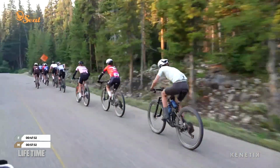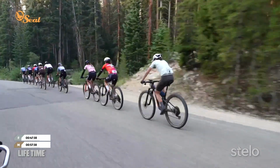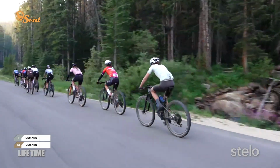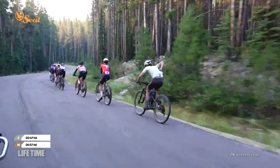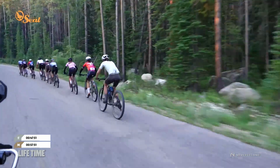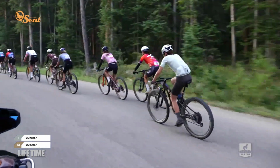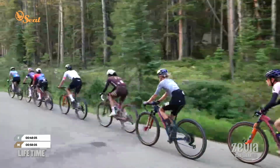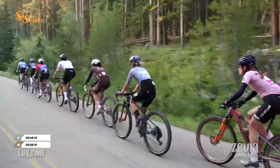Granted, being able to drop the post helps you get into an even smaller tuck on some of these descents, but it's really not necessary. So you kind of see a little bit of both out there today. Also, you're seeing a difference between people who have chosen a hardtail or a full suspension bike. That also plays into what tires they're running, 2.25s, 2.4s. Are they going 2.4 because they're running the drop bars and a hardtail, so they want a little more volume in the tires for better control, less risk also on the chunky, rocky stuff, just with a higher volume tire? Are they going 2.2s, 2.25, something